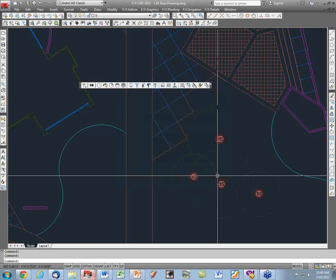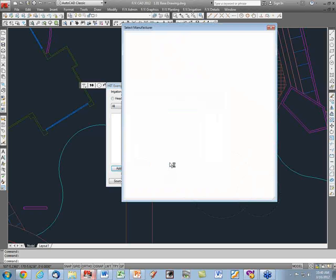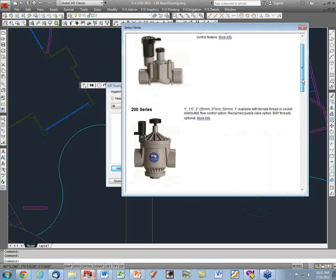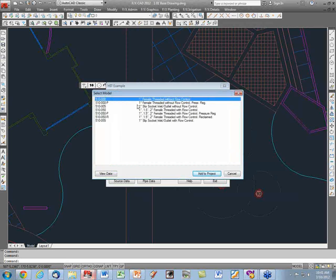I want to add their valves, so I'm going to go to Valves, click Add, and there's Remote Control Valve. I'll say OK. Here's HIT down here, and the series options that we looked at. I kind of want to add this 500 series. This one intrigues me on the pressure loss, and as you can see, you can either get a 1-inch with certain options, or a 1, a 1.5, and a 2, and up to with pressure regulated or reclaimed cap, that